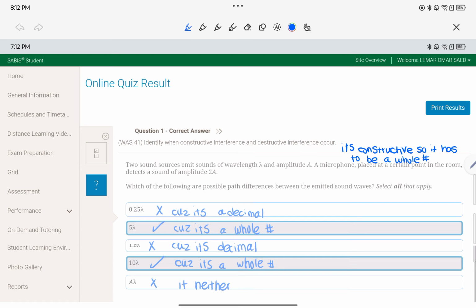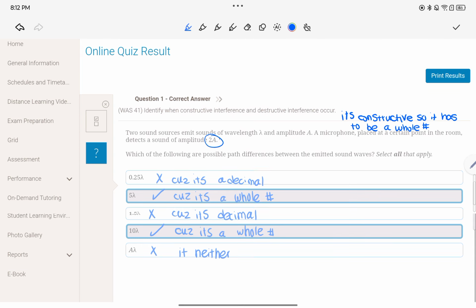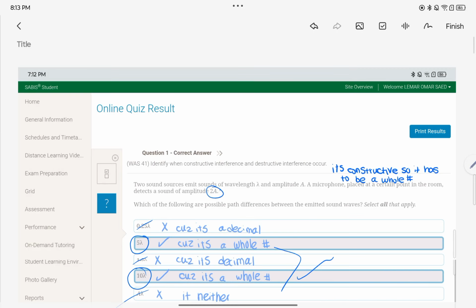So here we have to know that this will give us constructive. Okay, so if it's constructive, we need to have the answer as a whole number. So this is decimal, and this is neither, so we're gonna cancel them. Those are whole numbers, so we take them. Okay, now,